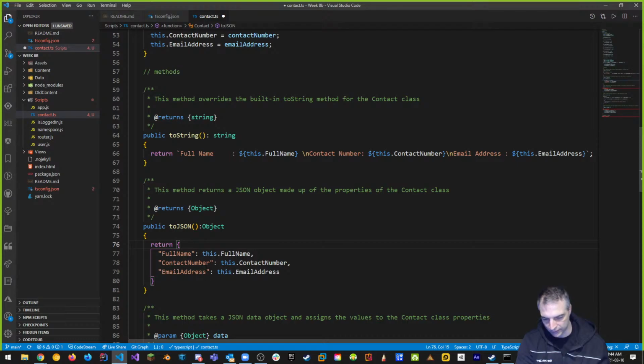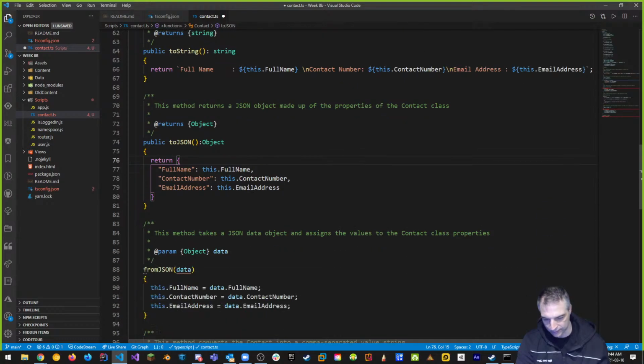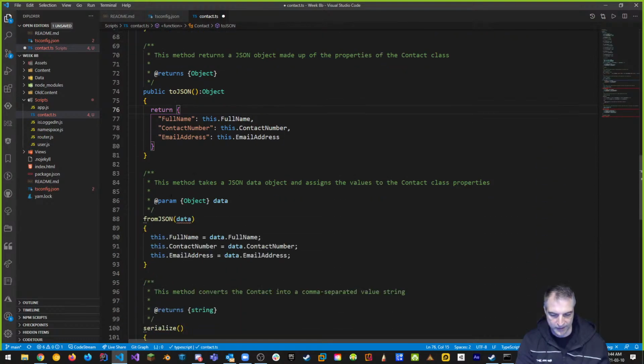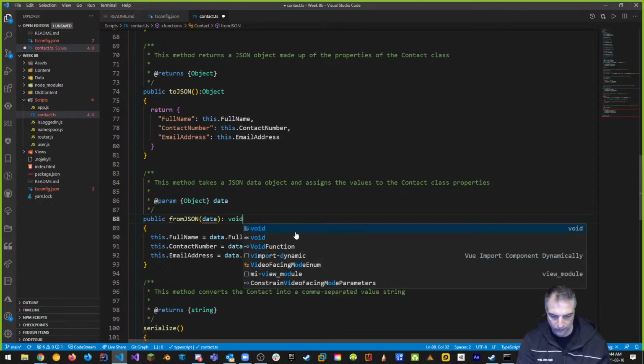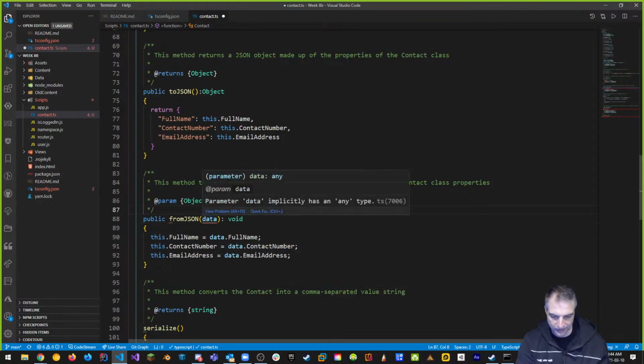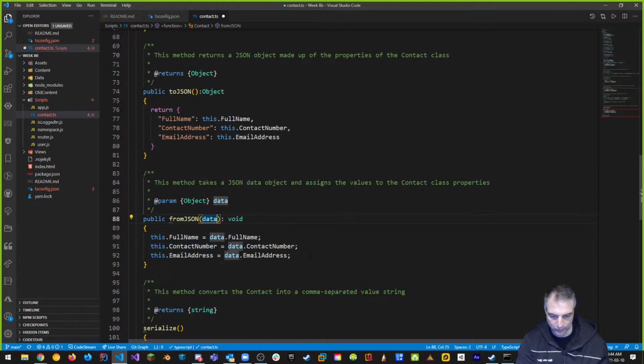We're going to deal with this later on, maybe tomorrow, and I'll talk about how to make this more interactive for us. All right, meanwhile, I want to take in an object. This is where we're going to have a little bit of a challenge. So again, public, this is an input from JSON. It's going to return void, as an example, but my data is actually going to be a data object. Uh-oh, this is where we're going to have a problem.